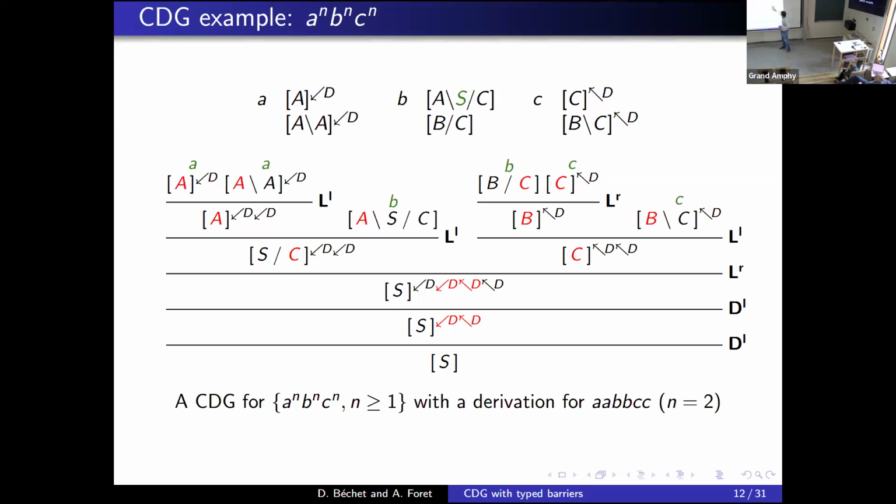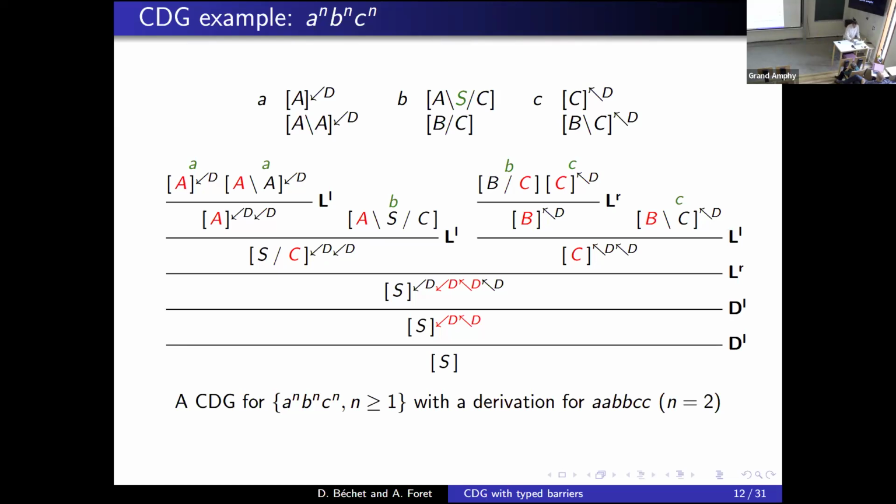At the end of this, what we have is a list of polarized valencies, and we must check that each polarized valency corresponds to the dual one. This one must correspond to this one, and after we have eliminated those two polarized valencies, we have also a couple of two polarized valencies, positive and negative. At the end, we have this axiom S. So we have to see that this corresponds to the analysis of A A B B C C for n equal to 2.